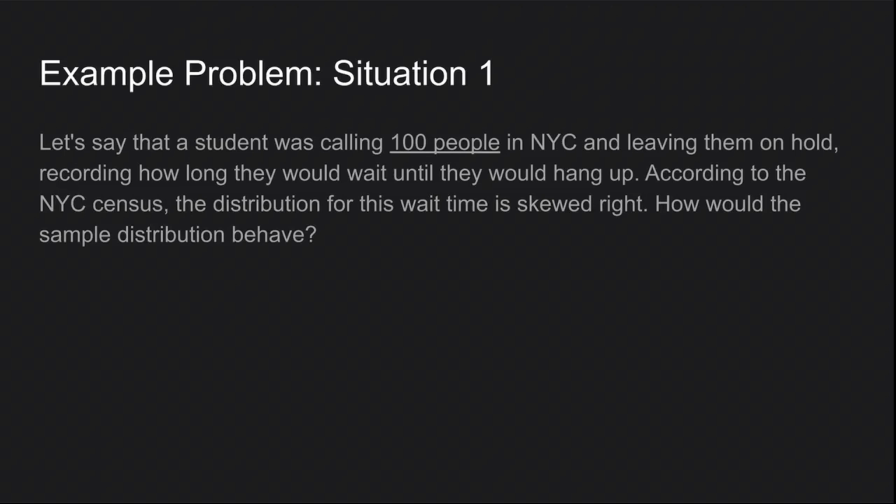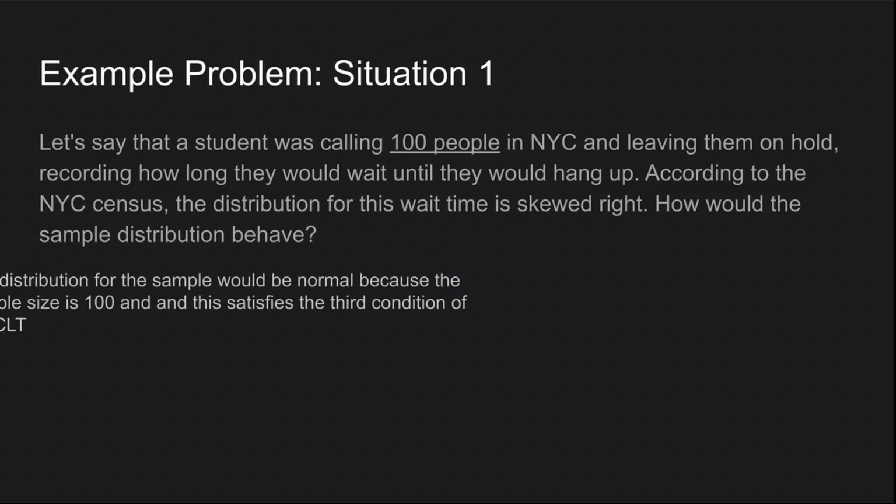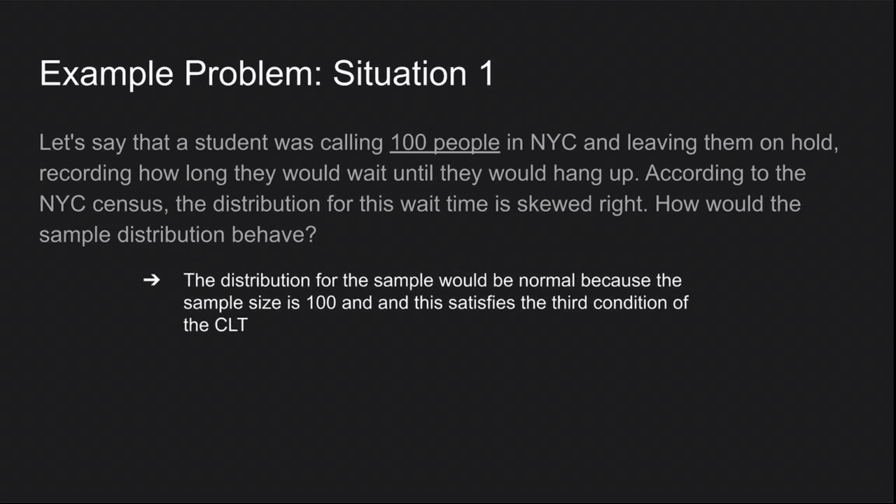According to the New York City census, the distribution for this wait time is skewed right. How would the sample distribution behave? So again, you could pause it and answer it on your own, but here's the answer. The distribution for the sample would be normal because the sample size is 100, and this satisfies the third condition